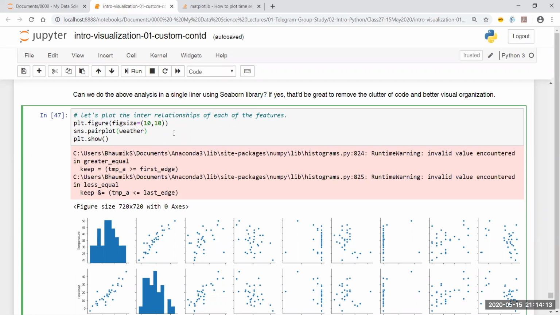Example given, in Matplotlib, you can also plot maps. Maps in the sense, let's say I've taken the data of all the COVID-19 patients who are here in the Pune city, and I would like to plot that out in a map of the Pune city. So I can download the map of Pune city from any website, or maybe I can chart it out by calling the Google APIs.